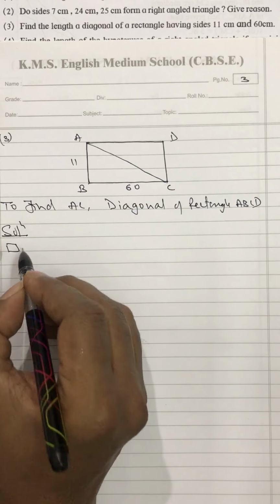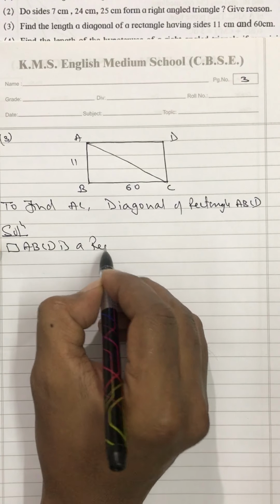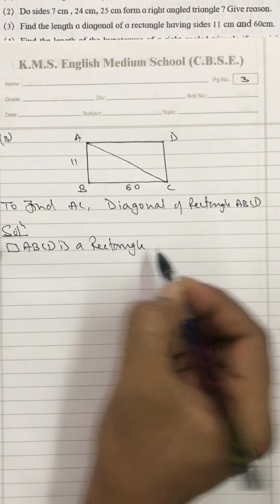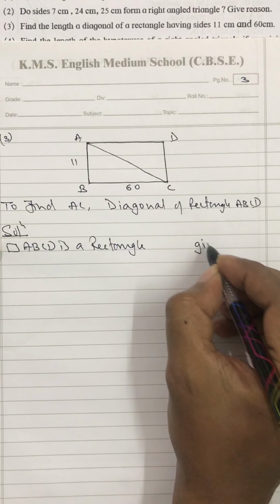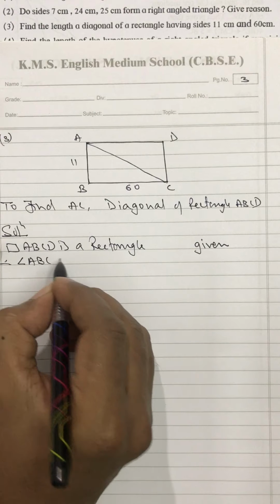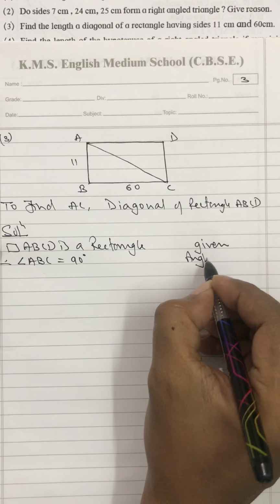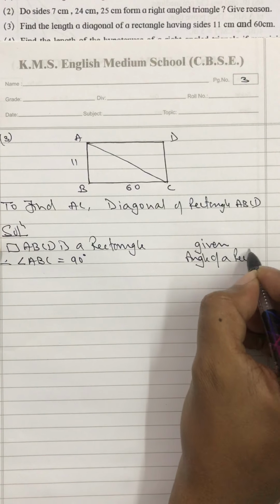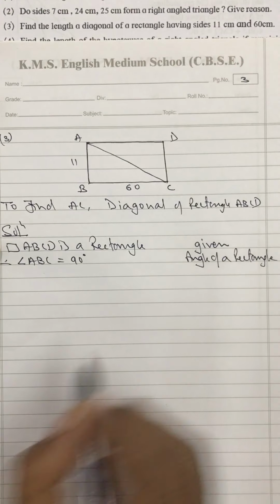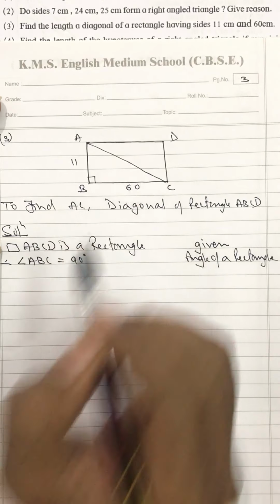You will first tell: quadrilateral ABCD is a rectangle, and this I am telling because it is given. Therefore angle ABC is equal to 90 degrees. Reason: angle of a rectangle. This you have to bring to notice because then only you have the authority to apply Pythagoras theorem